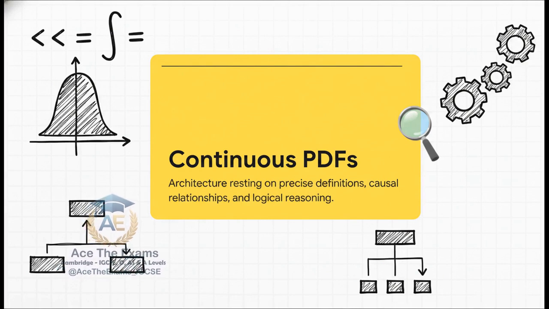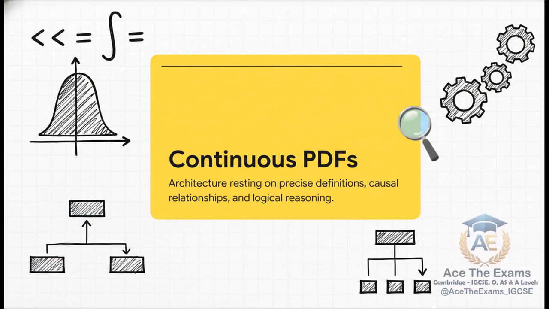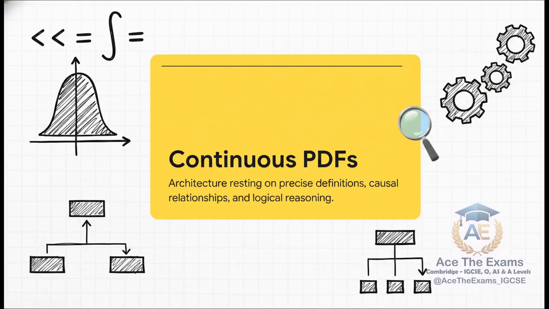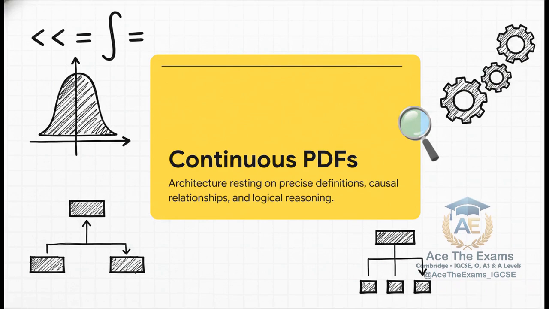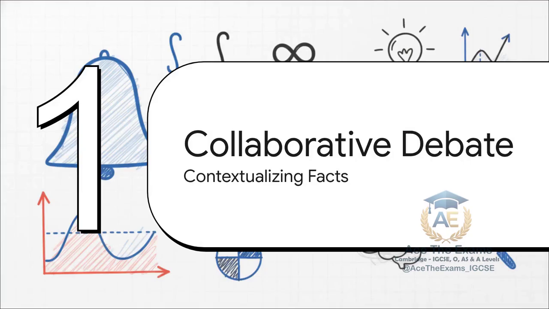By physically writing out these absolute mathematical truths before executing any operations, Alex is doing something incredibly strategic. They are proving to the examiner that they possess a deep understanding of the underlying theoretical architecture of probability. As Alex would tell you, this isn't just about moving algebraic symbols around a page. It is a solid framework resting on causal relationships and pure logic. The Cambridge Assessment Framework heavily prioritizes this kind of analytical depth over superficial memorization. You're never just crunching numbers in a void. You are mathematically reasoning through a continuous spectrum of probability, and acknowledging that spectrum is how you unlock the highest grade bands.